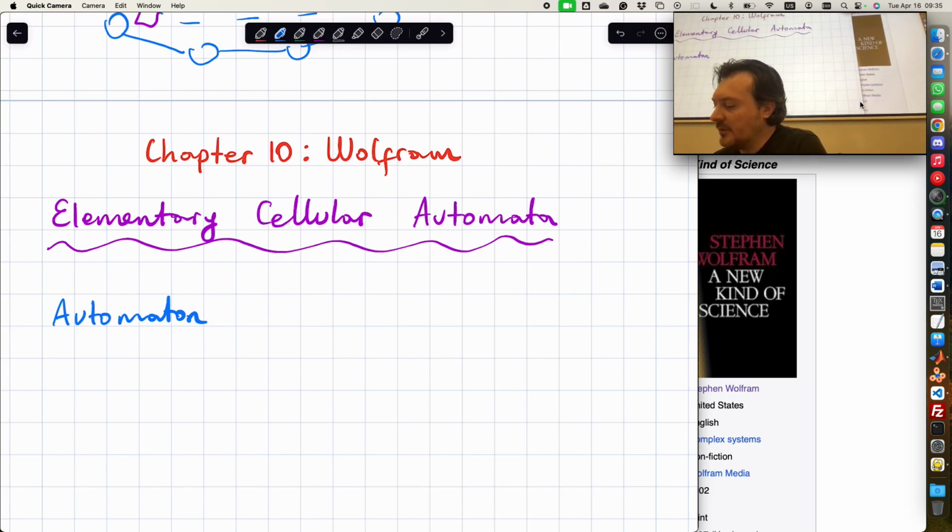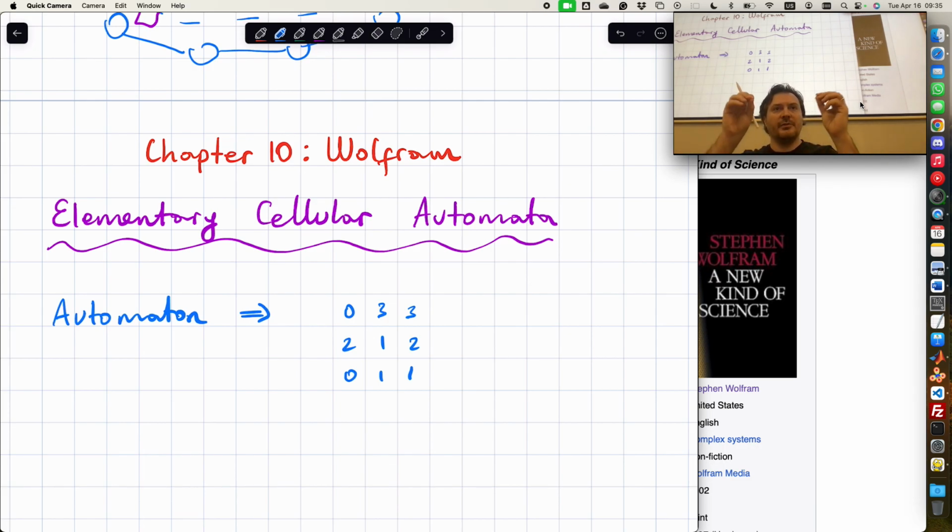An automaton, the way that we are going to see it, is basically a square grid composed of some values. For example, the sand pile model was an automaton. There were some values, and those values were changing according to some rule, right?